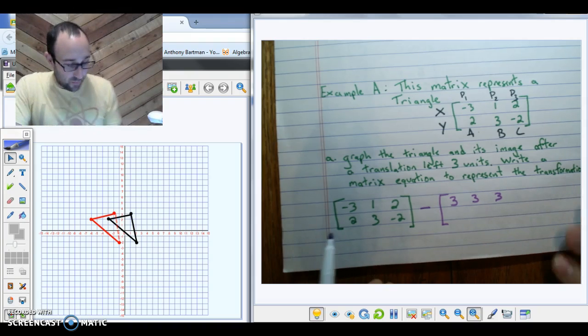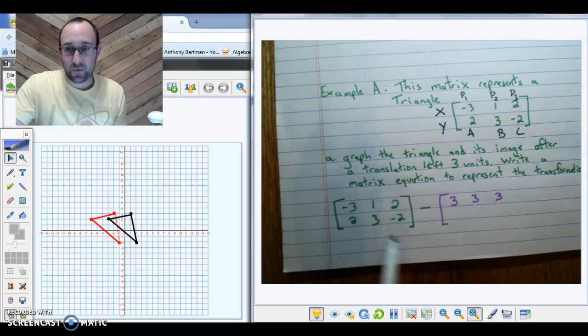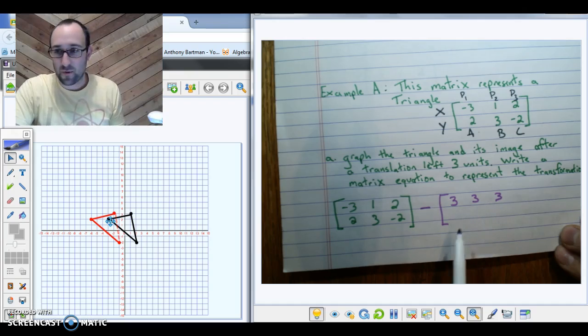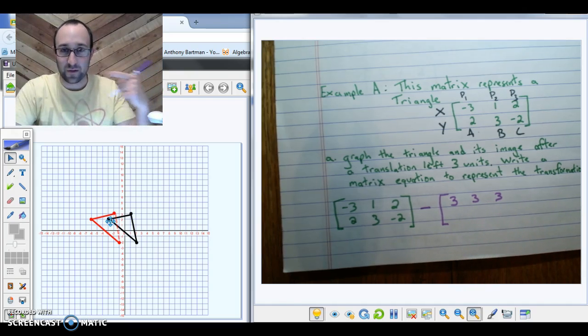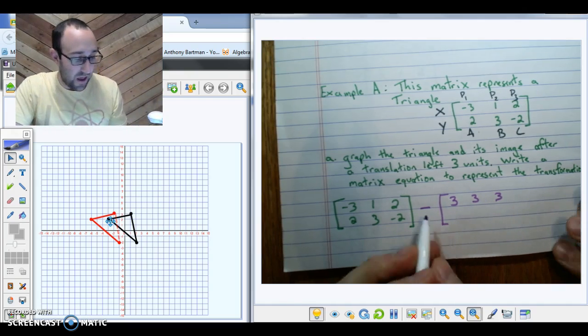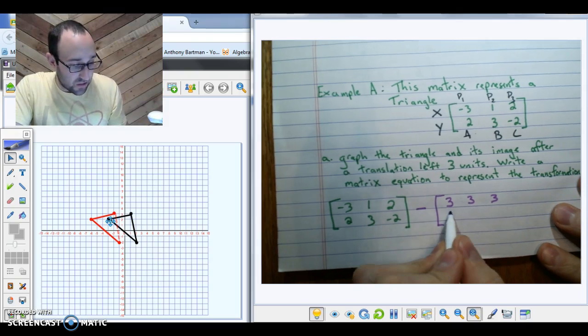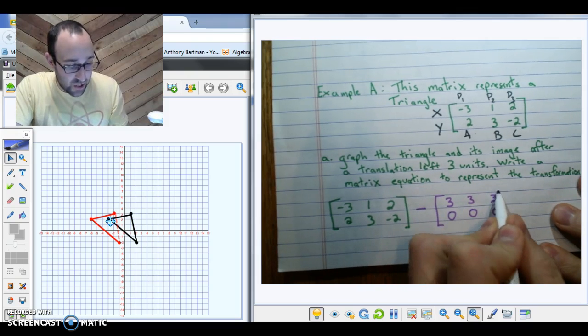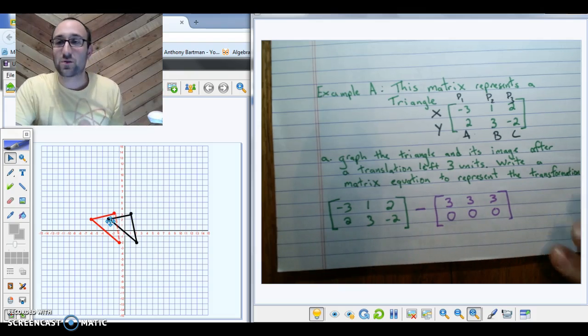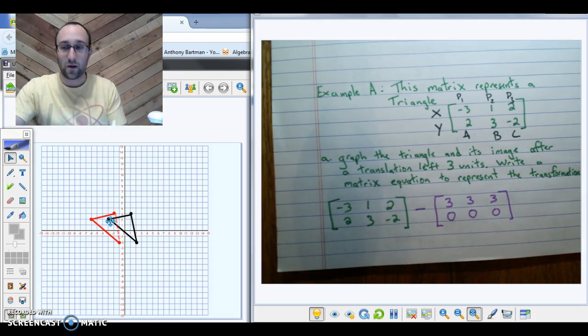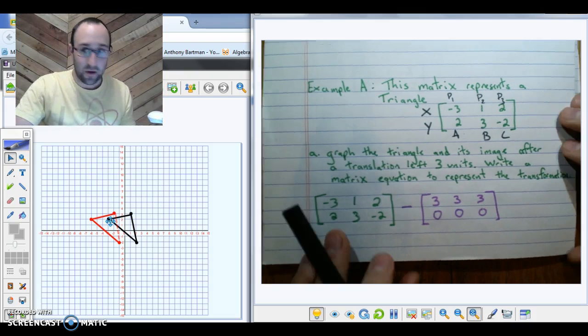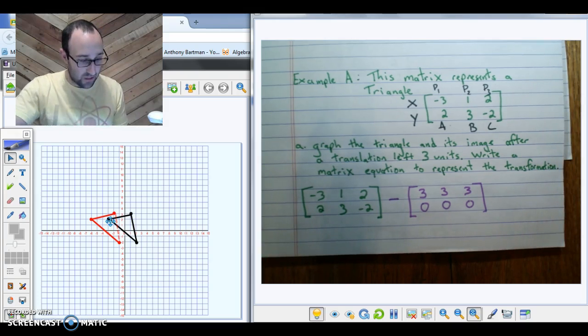So, where we were at was we had this matrix. We were moving over from this spot to this spot. We were moving the x's minus 3, moving them to the left. And we're not moving any up or down, so the zeros are going to be here because we don't want to change those y values. We want to keep them just like they are. So if we add zeros there, that'll be just fine. Okay, so that means our new matrix is going to be